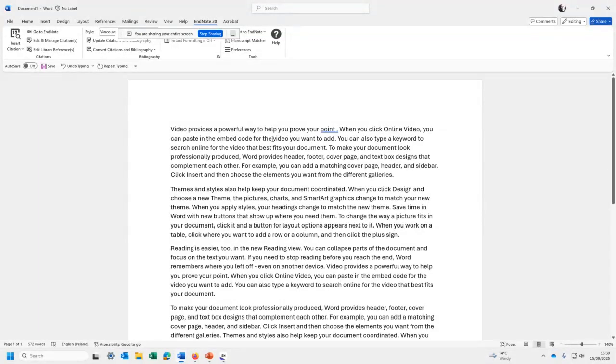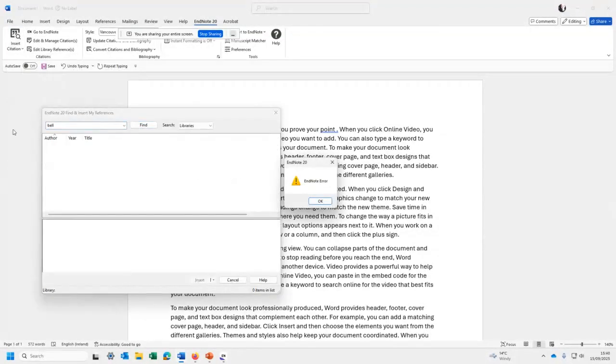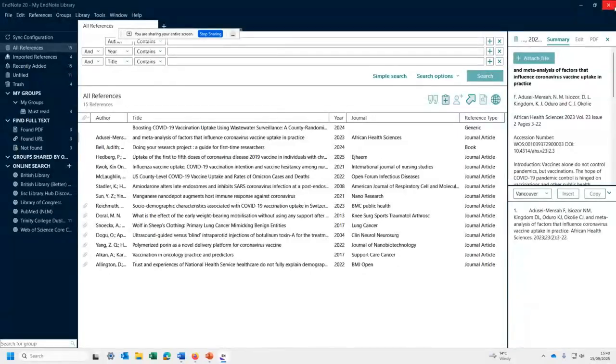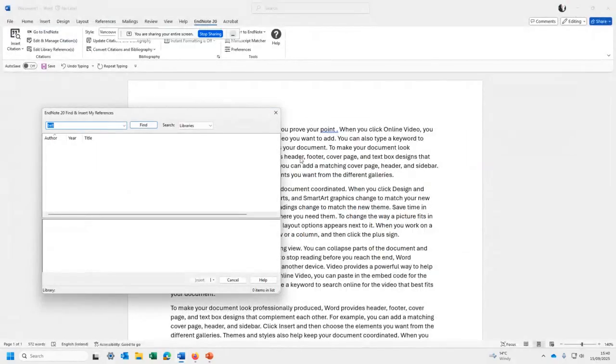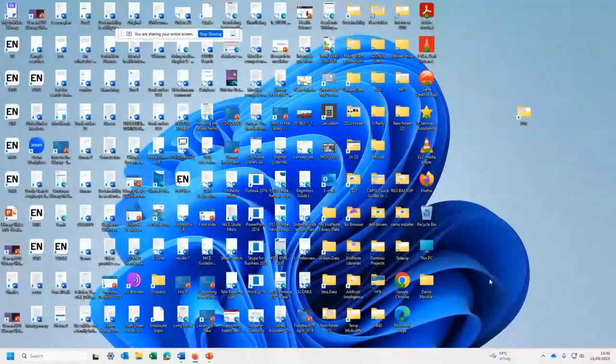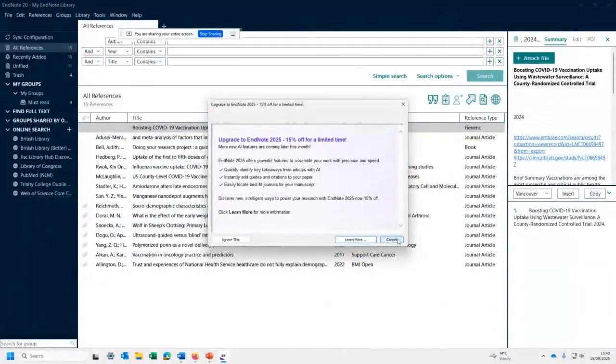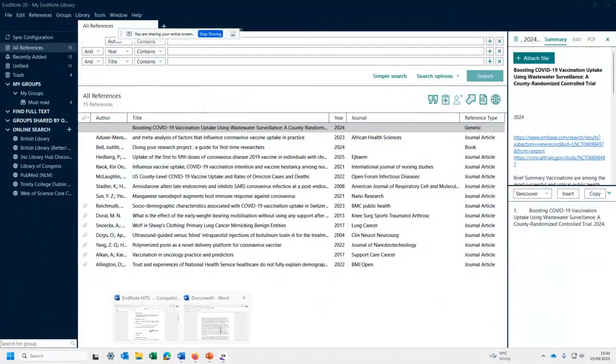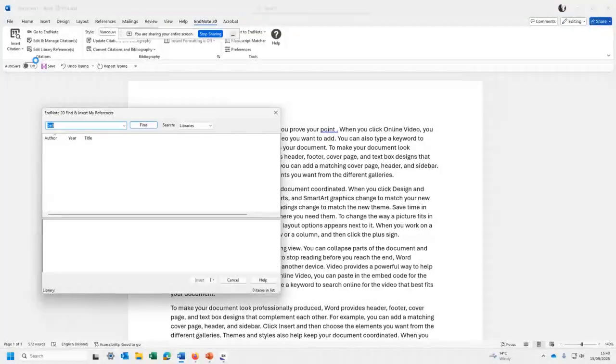Now, there's a couple of different ways you can put the references in. I'll go up here to insert citation or insert reference, and there's an option there, insert citation. Okay, so this pops up. I might want to do that again. I don't know what the EndNote error is. I'll just close down my library for a second and open it up again. Sometimes that's all it needs. There we go. Okay, so insert citation.